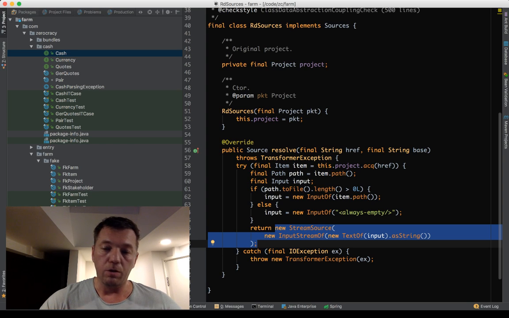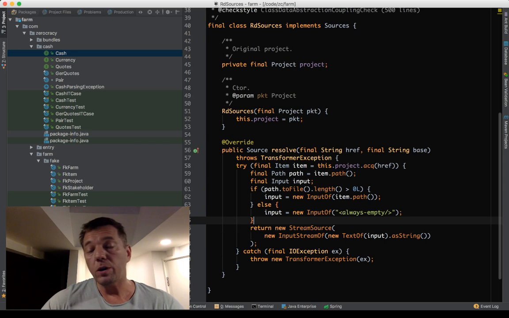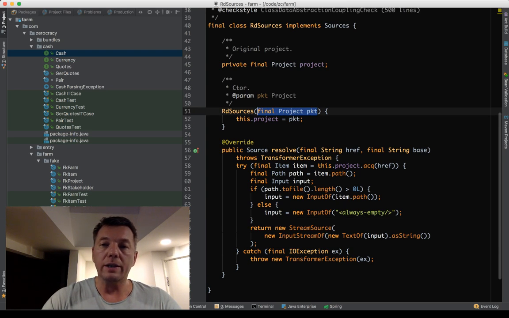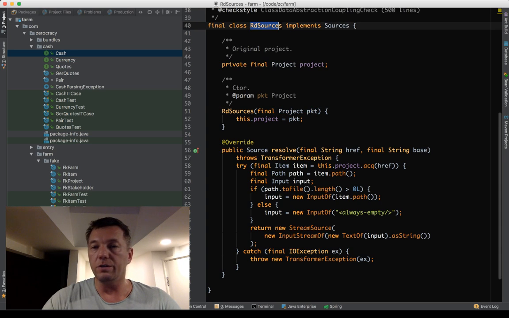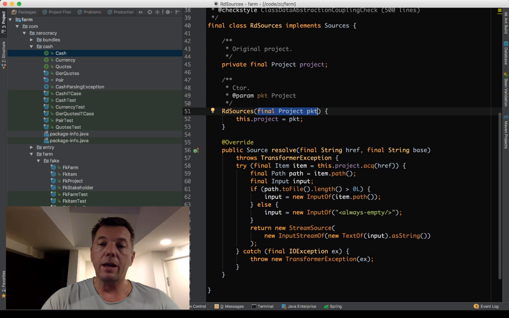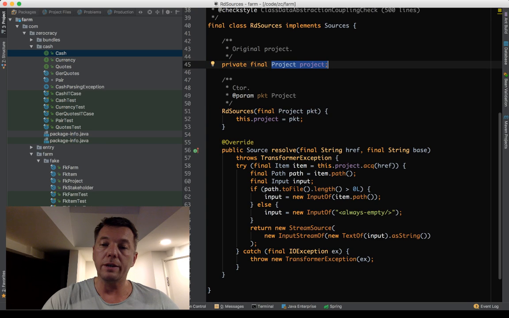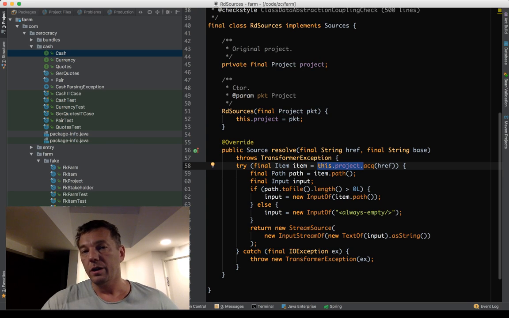That's obvious. We all need objects. But the question is where those objects will be created. So who will create them and when? In this case, one object is coming in when we instantiate the class RD resources. So in order to make an instance, we need to provide an object through the constructor. And then when the object comes in, it gets encapsulated, and then we manipulate it, then we touch it, we get something out of it, and then we manipulate it.